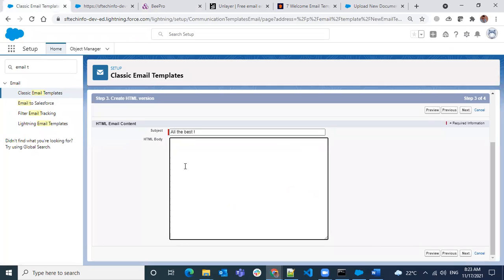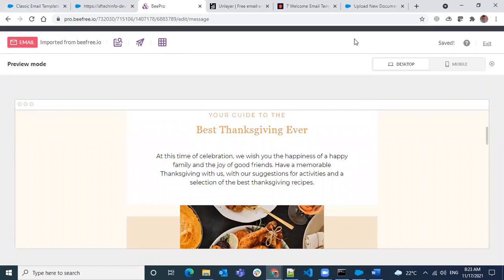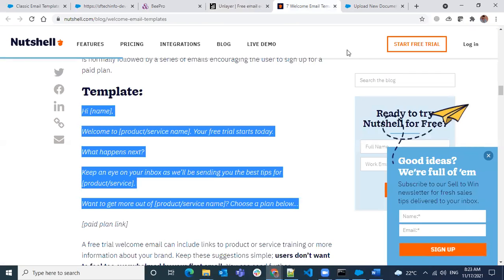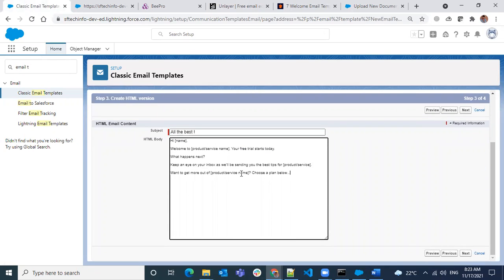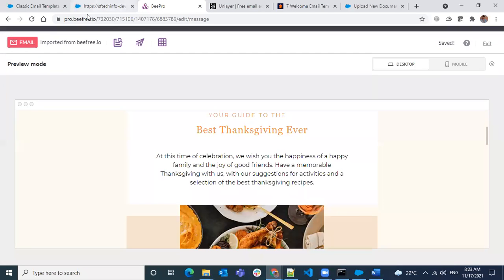I can give you a good example after getting it. I'm just taking the same example over here, but actually it should be in an HTML format.